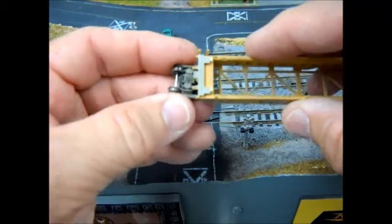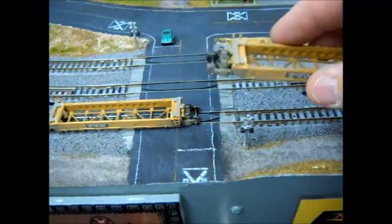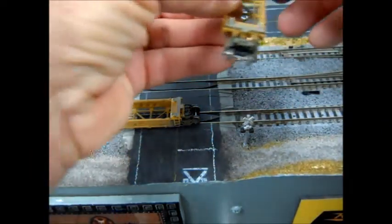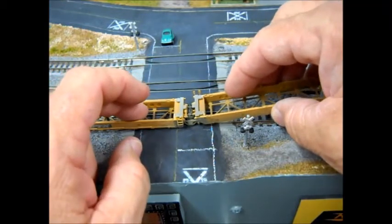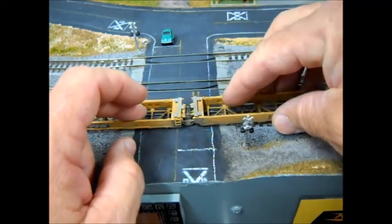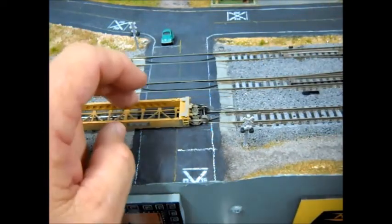So like I said, I'm just stressing over again, the long pin goes in the side that does not have the notch, and you tilt the car up, drop it down in, and the truck pretty much stays in place that way. But the important part is just remember that the short pins go in the ones with the notch, the trucks with the notch in the top of them. Tilted it up,